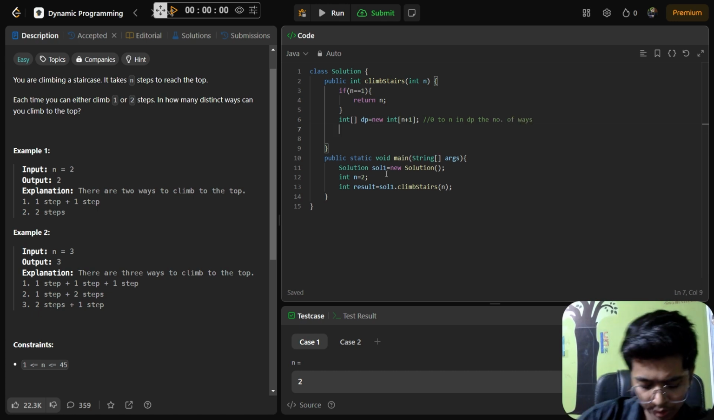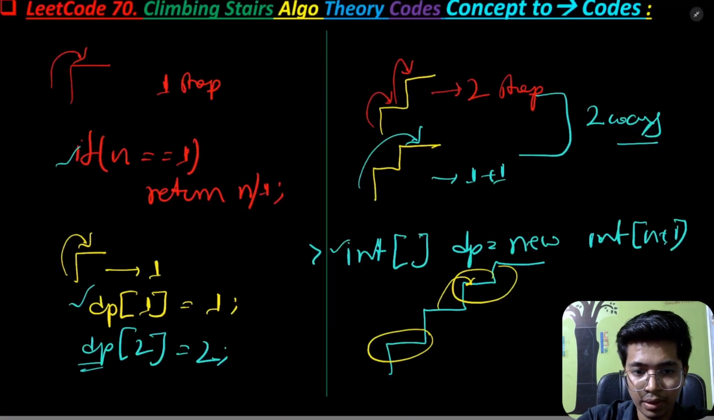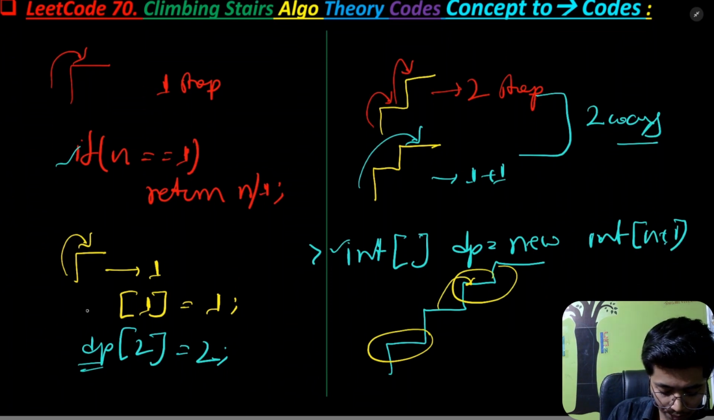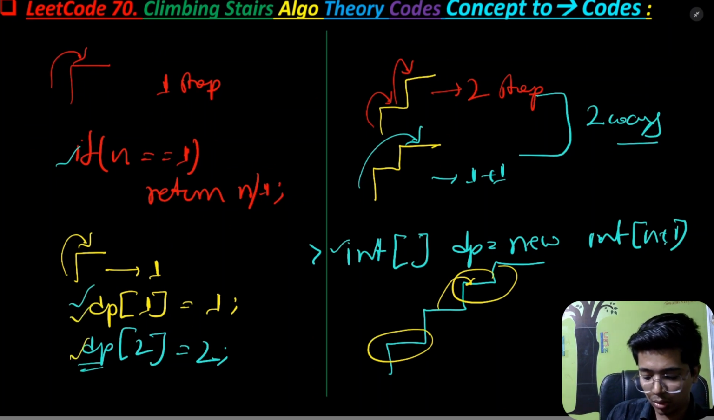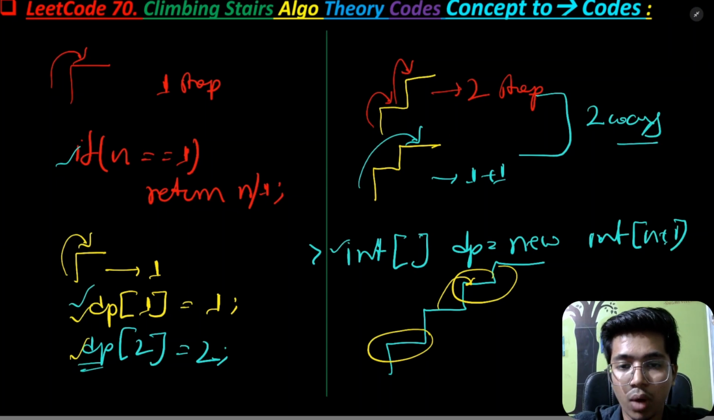Okay, now if we see in the description, for one step we have initialized dp of 1, and for two steps we have initialized dp of 2. So we'll be initializing those steps. Those are some of the important steps. So dp of 1,